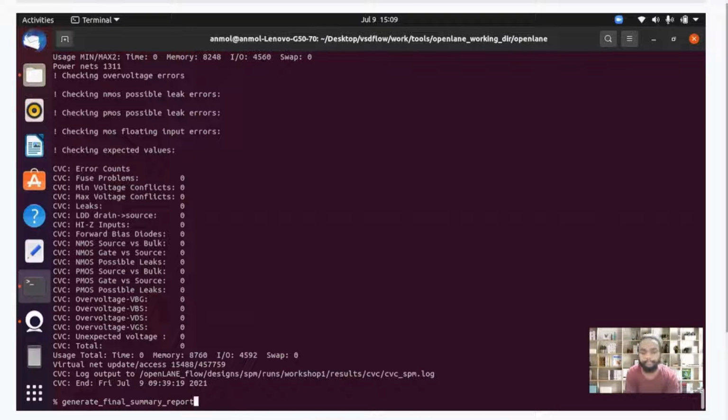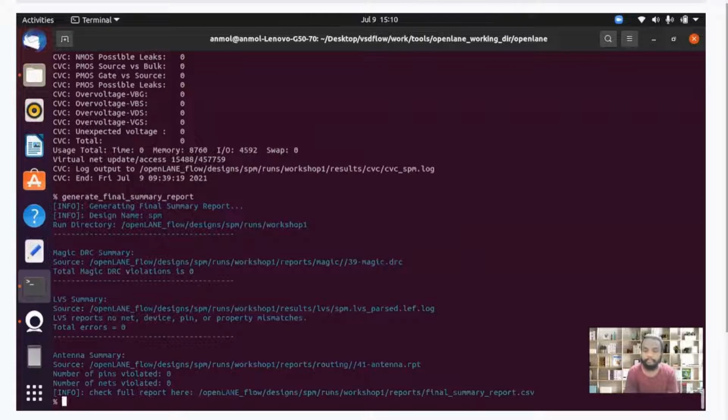And here we can see there are no DRC violations, LVS violations, or antenna violations. And this is the complete OpenLane flow. Actually, it is very necessary to understand each and every step which are taken by OpenLane flow so that